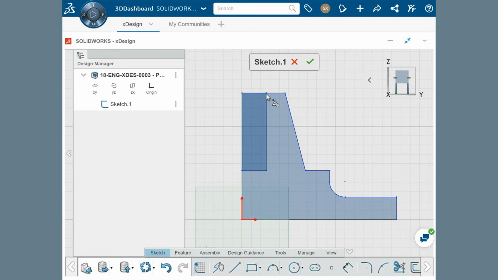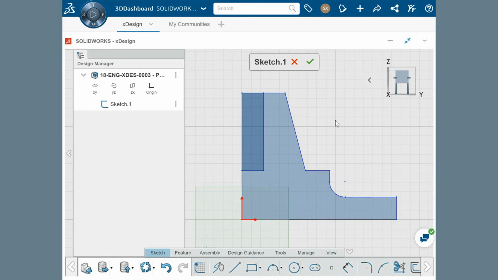This means that this point on the rectangle needs to be set as the midpoint along the top edge. To add this relation, I'll hold the Control key, select the point and the top edge, and click on the midpoint relation icon. A key aspect of creating revolved features is making sure the surface geometry is smooth and doesn't